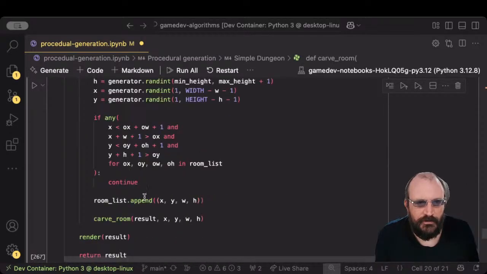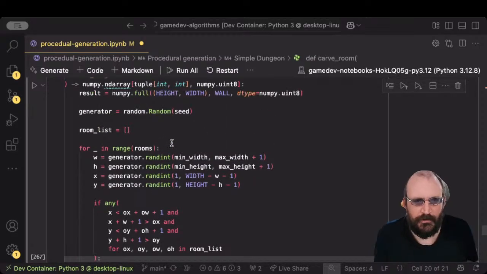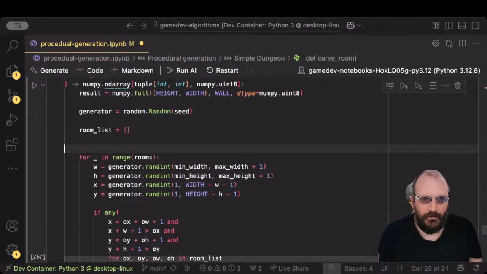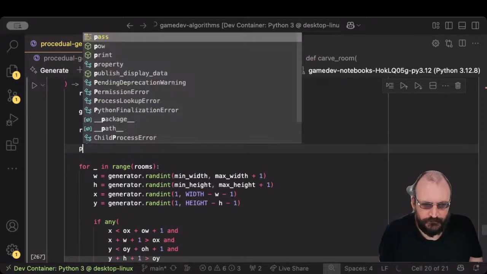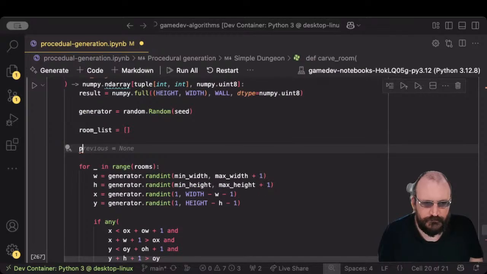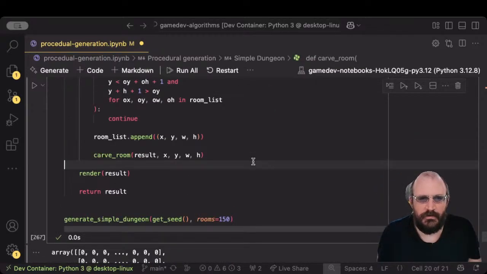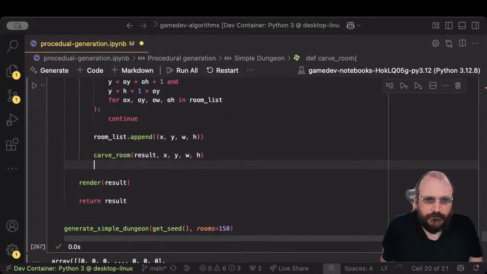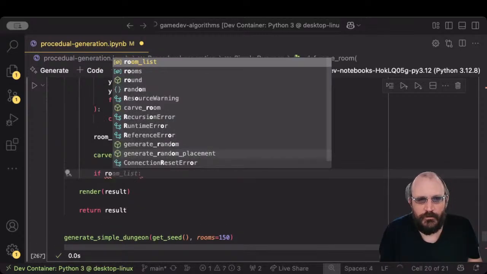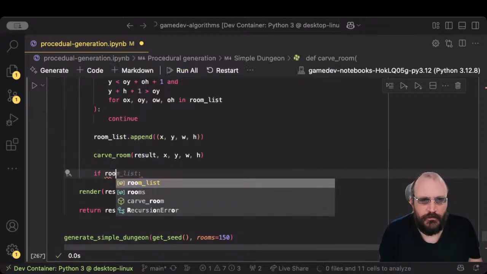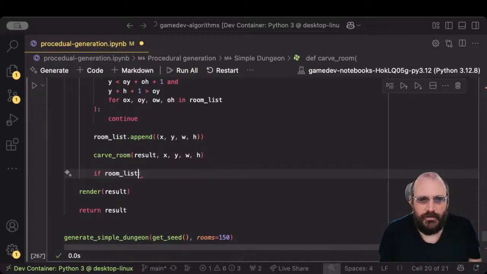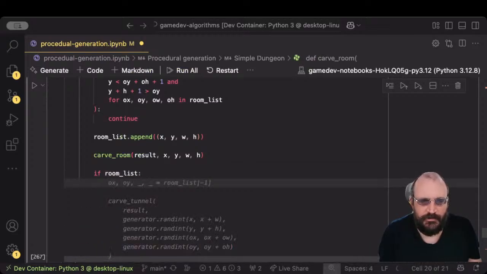So we still don't have anything there, but we can go if the room list is not empty, then